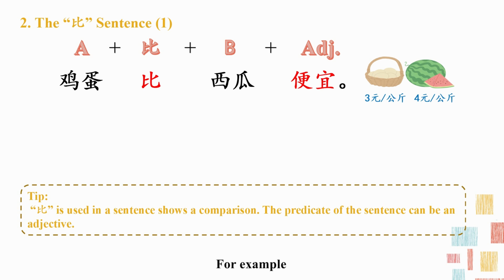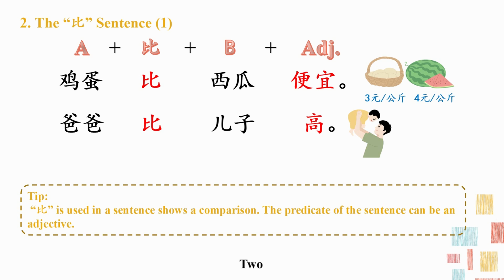For example, 1. The egg costs 3 yuan per kilogram, while the watermelon costs 4 yuan per kilogram. Therefore, the watermelon is cheaper than the egg. You can express this comparison using a 比 sentence like 鸡蛋比西瓜便宜。